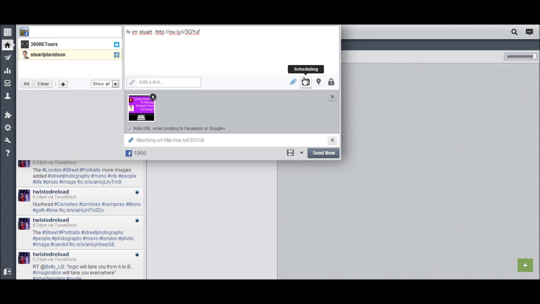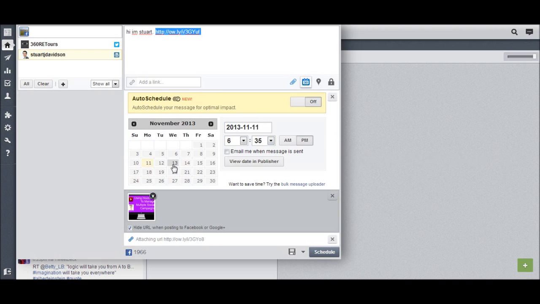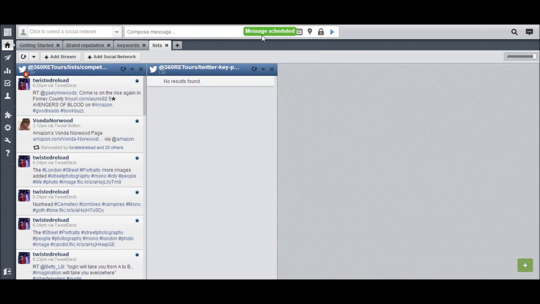Now you would also notice that next to that there's the scheduling calendar button. Clicking on that will let you schedule the content for any time in the future. So straight away it means you don't have to log on to each of your social profiles and remain continuously active. You can schedule content in batches. They'll be sent out automatically even when you're not online. So let's schedule this for Friday at 3 PM. Let's go ahead and click schedule, and you'll see the green